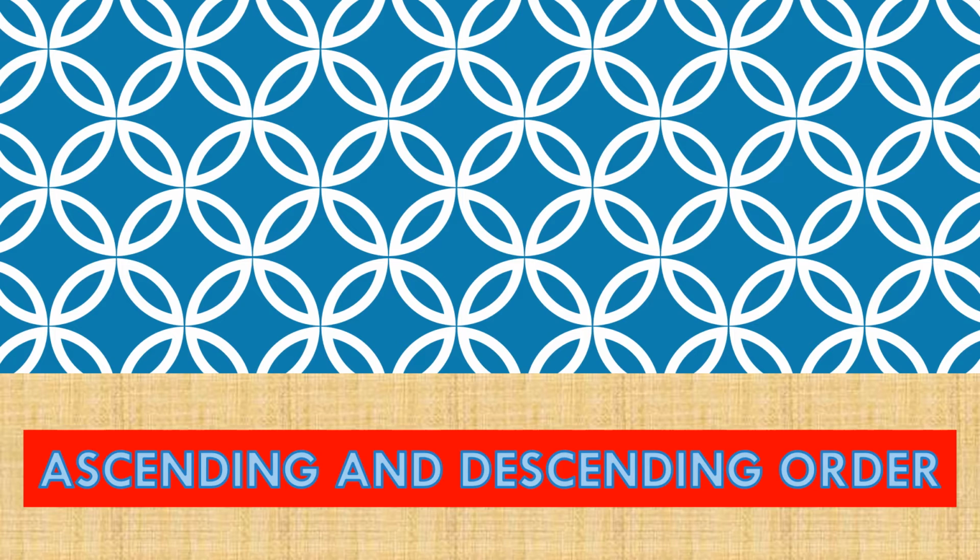Now, children, in maths, when we are dealing with numbers, we can arrange them in both ways. Ascending order, which means smaller to bigger, and the descending order, which means bigger to smaller. And we have to be very careful. We need to remember the basic rule of comparing the numbers. And what is that rule? Yes, you all know it.